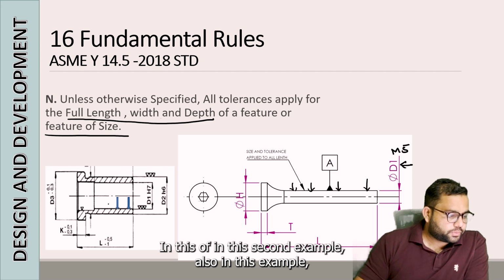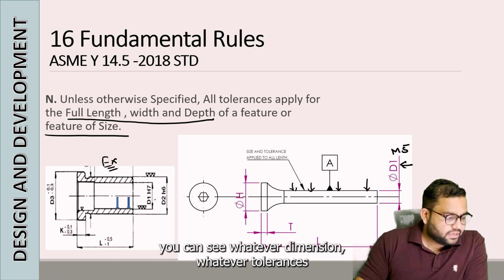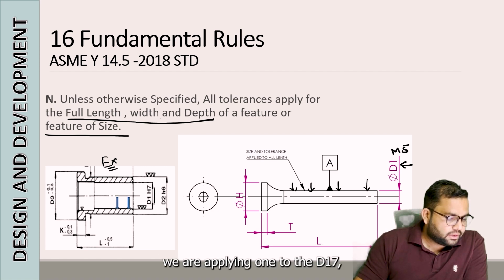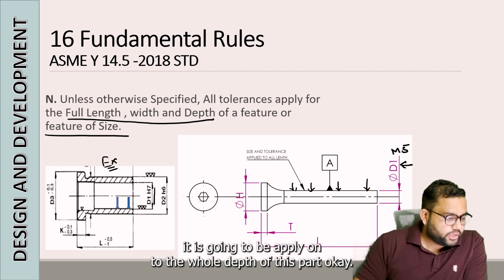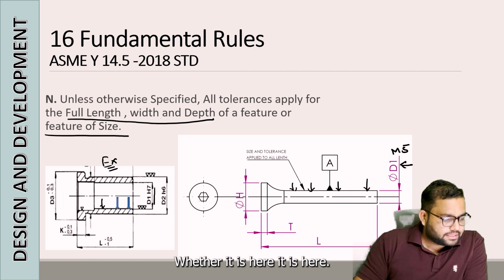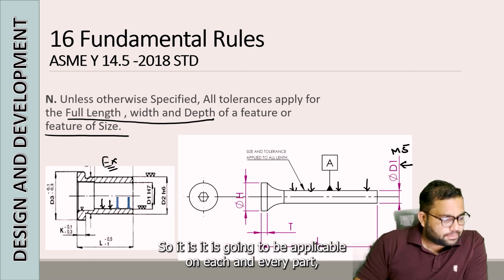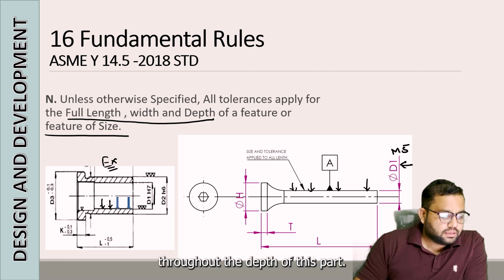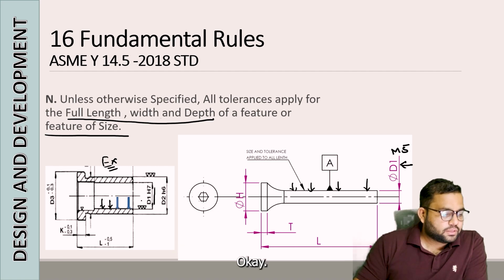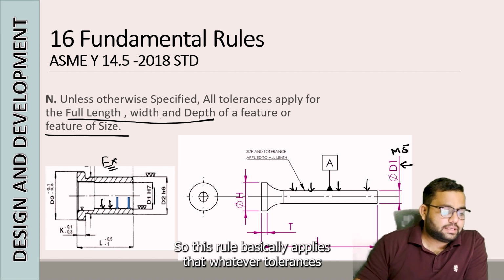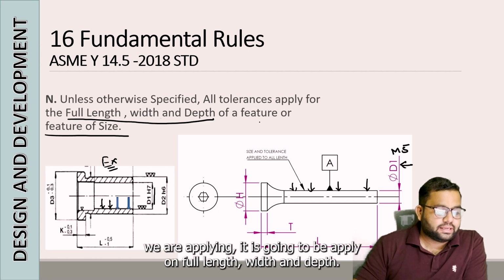Okay, in this second example, you can see that whatever dimension and tolerances we are applying onto the D1-7, it is going to be applied onto the whole depth of this part. Whether it is here or here, it is going to be applicable throughout the depth of this part. So this rule basically says that whatever tolerances we are applying are applied on the full